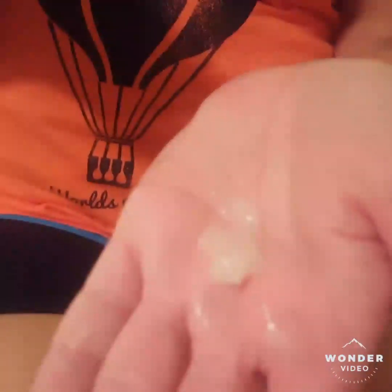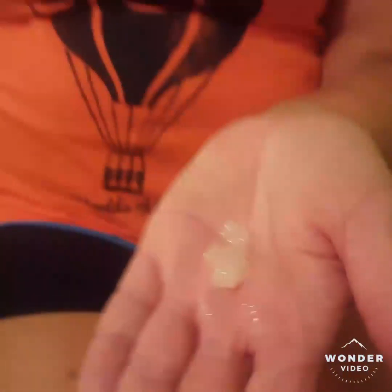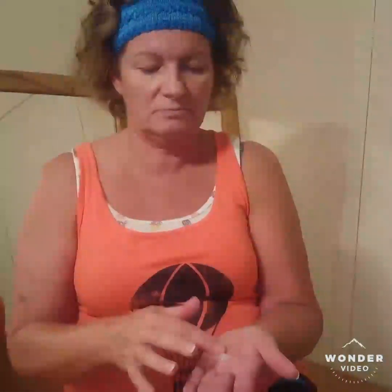Maybe if I do it this way. There we go. I think that was a little much. It's got a little air, so give it time, and then you won't get so much out. But it's like a thick gel. And typically when you do your skincare...